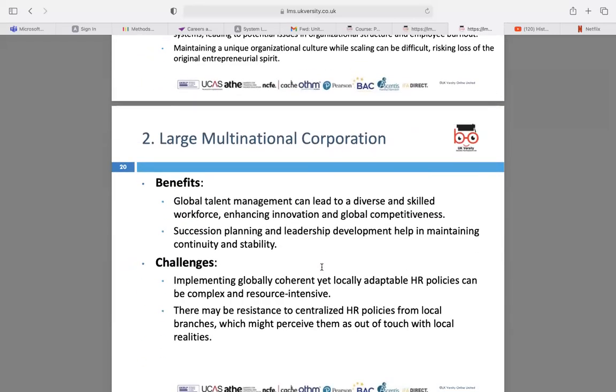Then the challenges that a large multinational corporation would eventually have: the HR policies can get really complex, because in a multinational corporation, you're looking at global talent and a diverse workforce. So keeping everyone in mind can get really difficult as well. Having one policy for every little country might be so challenging because it has to work for all. So that might make things more difficult, and maybe the policies need to be approached differently so that they're not very complicated.